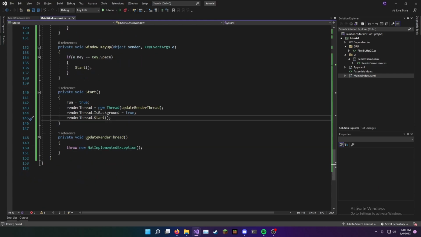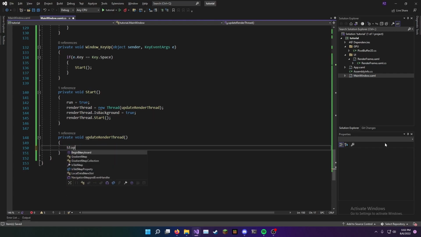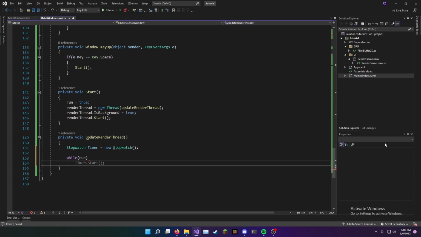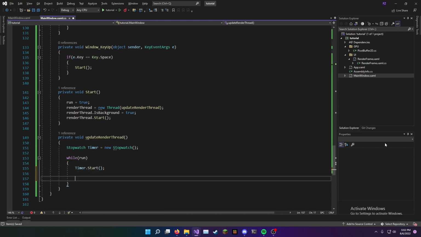And now the actual render thread needs to be created. We're so close, you guys. So close. So we want a stopwatch to time how long everything is taking. And it's going to complain, so we're going to have to add the using. And then while run is true, this thread is going to do the following. It's going to start the timer. It's going to run the generate frame kernel with